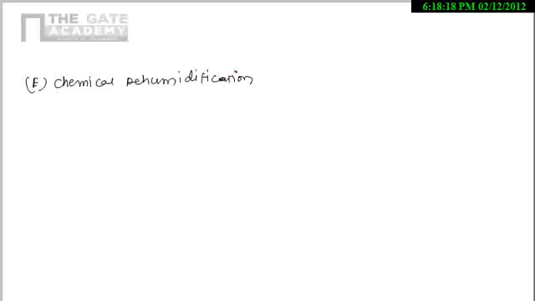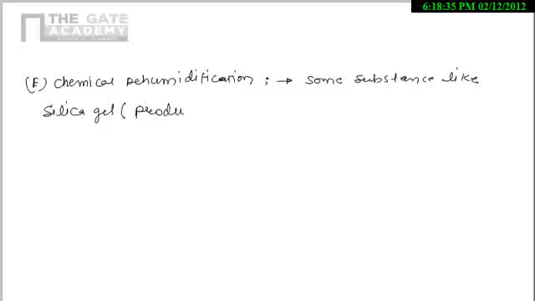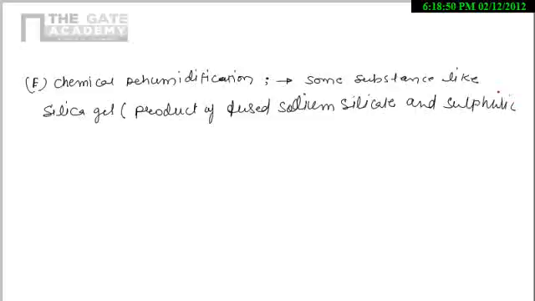Some substances like silica gel, that is the product of fused sodium silicate and sulfuric acid, and activated alumina